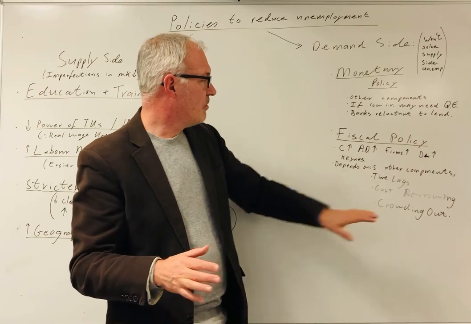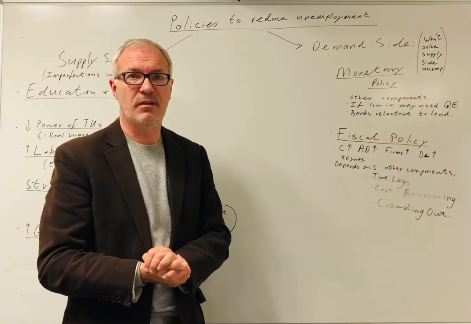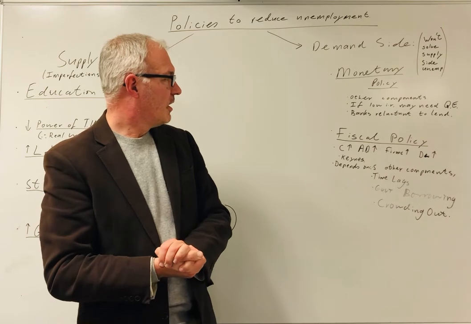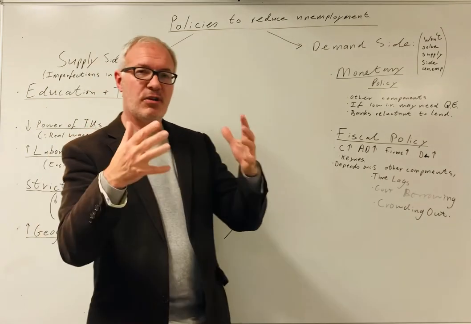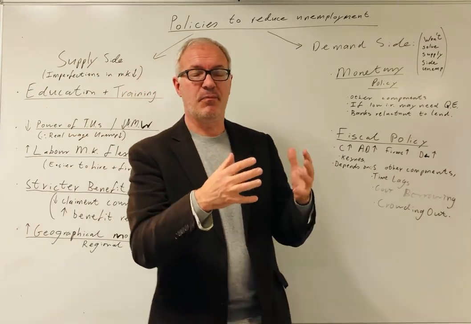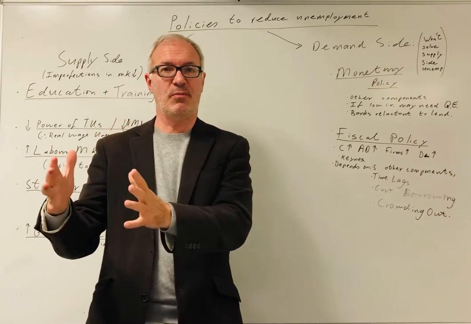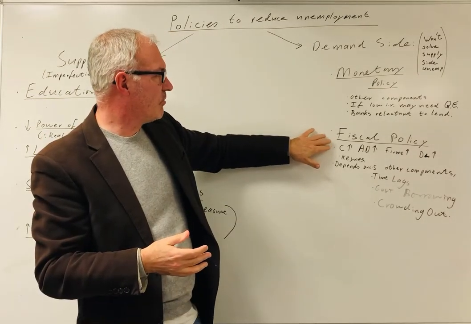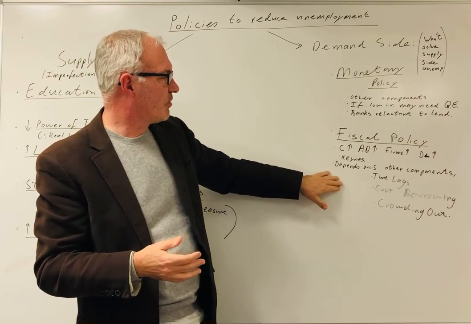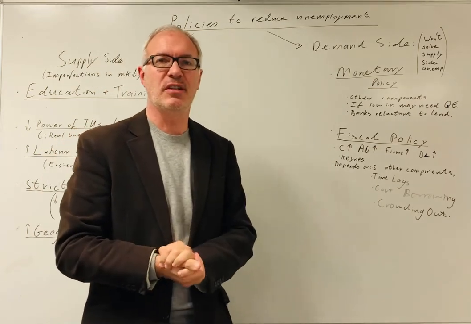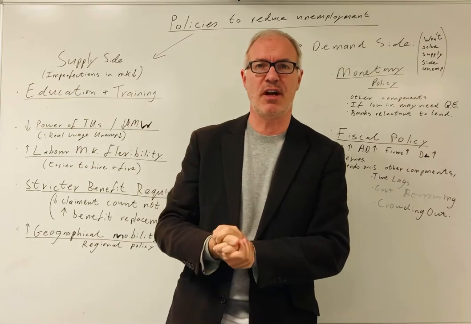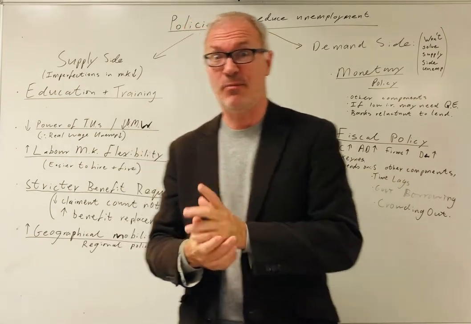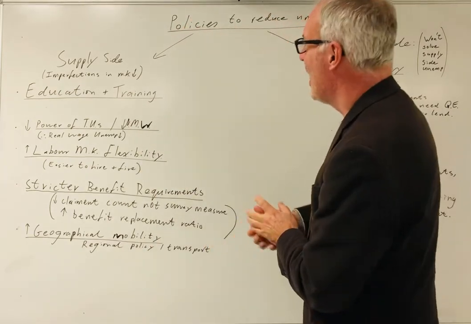And some argue that crowding out may occur. That is where the public sector becomes bigger and pushes out the private sector, and if the government was to seriously increase its reflationary fiscal policy, that might happen to some extent. Again, see the video on crowding out, with a cupcake, worth watching. Okay, and then that's demand side.